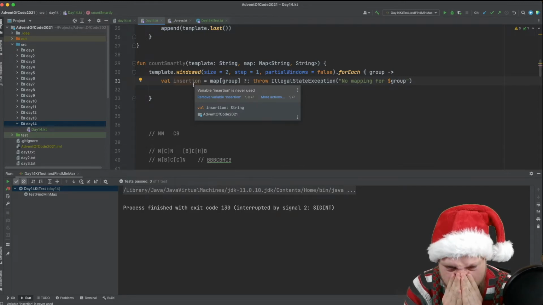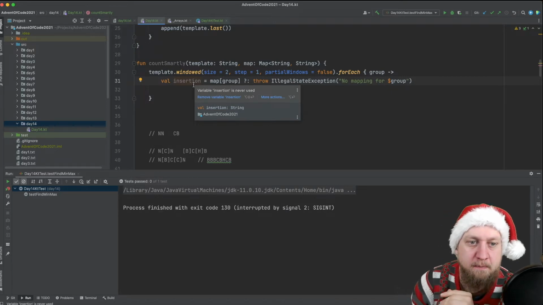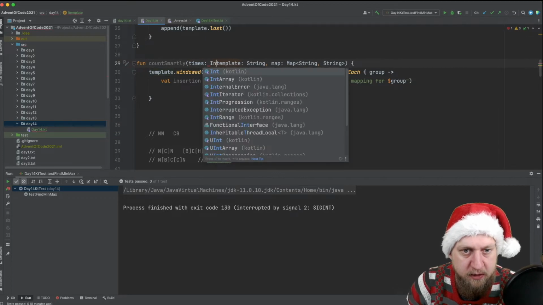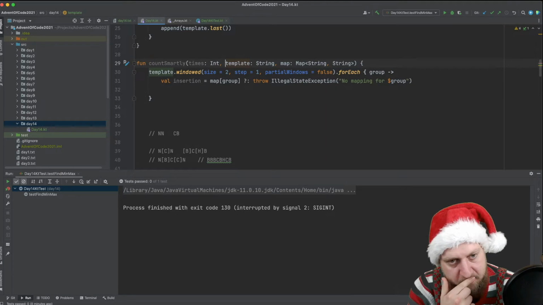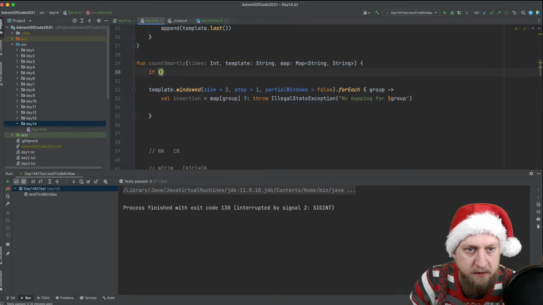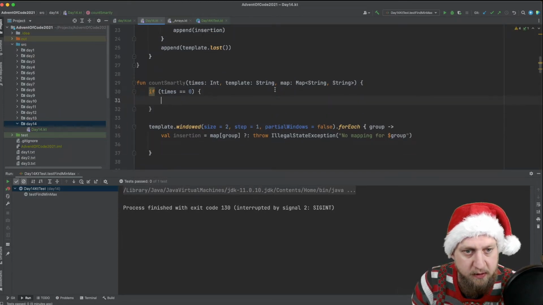And now we need to go down until we have done this a bunch of times. So let's say we do this n times. And if times is 0, then we have done this n times. Then we return